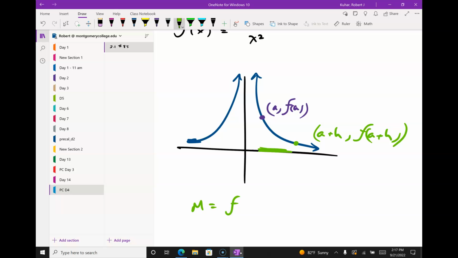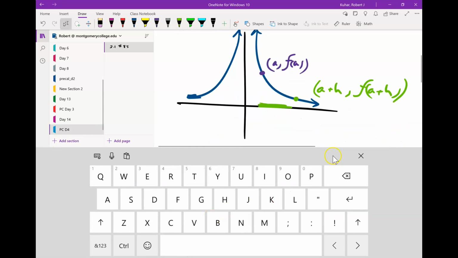f of a plus h minus f of a, all over h. This is my difference quotient. Difference meaning subtract, quotient meaning divide, right? So subtract, divide by h, right? So I want to put that in